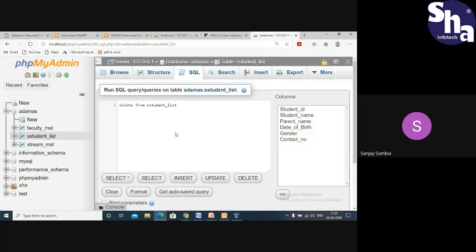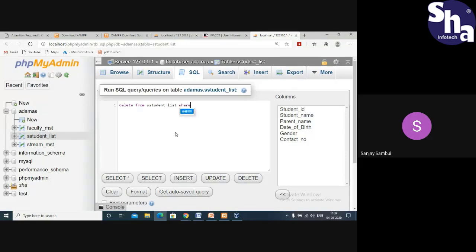To avoid that, here also we give a condition to delete a particular record or a particular list of records. Like, suppose I can give